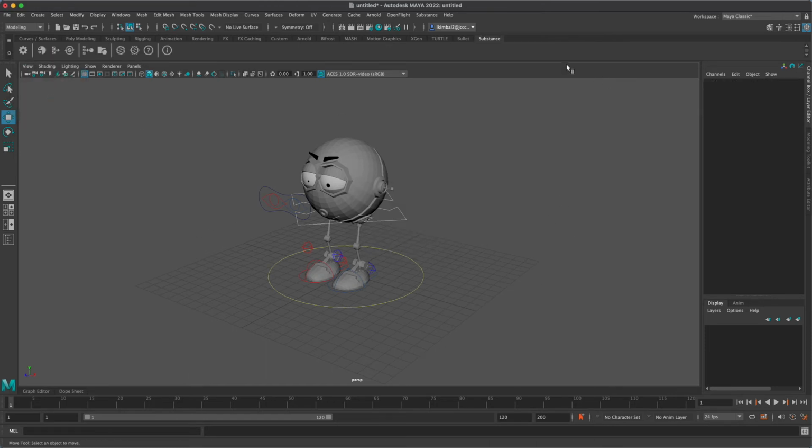Okay, so in your version of Maya, depending on what plugins you have, you're just going to have a series of tabs up here for different aspects in Maya, like polygon modeling. Here are a bunch of tools for modeling, sculpting, rigging, etc. I'm going to go to Substance, which is the one I have to my far right, and I'm going to go ahead and create a new